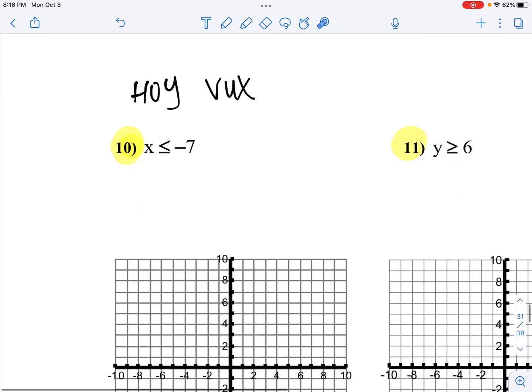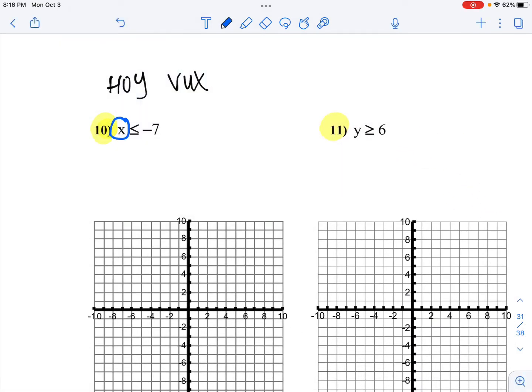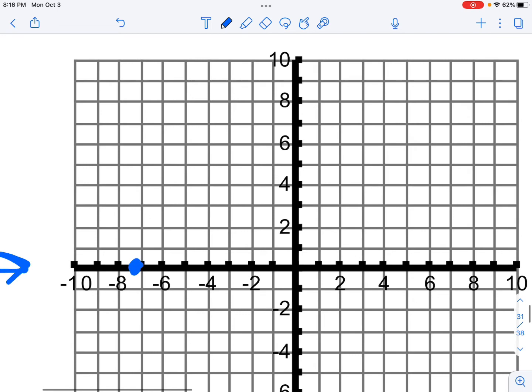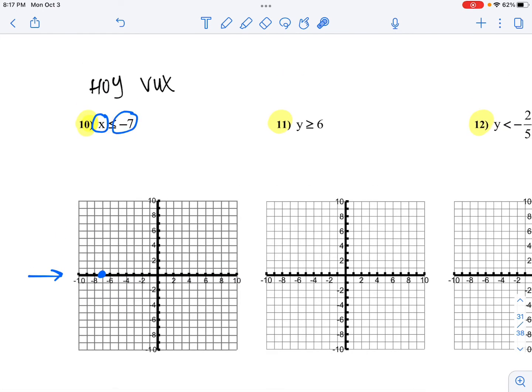And so what you need to do is, these are a little bit different. You need to find the x-axis, which is this one. And you need to put a dot on -7. So a dot on -7 on the x-axis. I know it's weird because we usually start on the y-axis, but this one is an x and it is a vertical line. And there's no y in the problem anywhere. That means we're focusing on the x-axis. So I put my dot on -7 on the x-axis,